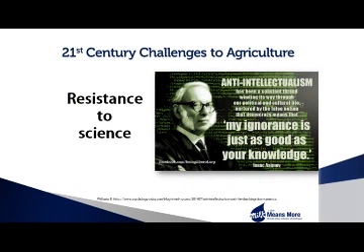Resistance to science is another worrisome obstacle. Science fiction writer Isaac Asimov said, "There is a cult of ignorance in the United States, and there always has been. The strain of anti-intellectualism has been a constant thread winding its way through our political and cultural life, nurtured by the false notion that democracy means that my ignorance is just as good as your knowledge." Resistance to scientific evidence harms the potential for global food production. The controversy over the existence of climate change is just one example.